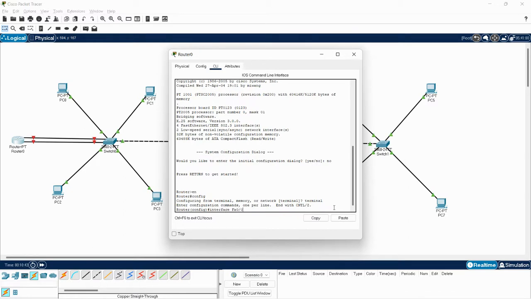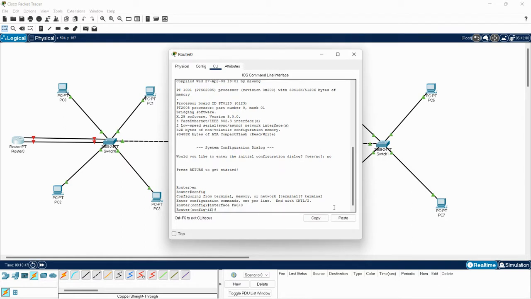FastEthernet 0/0 is the interface where one wire is connected to the port in the switch. In the interface FA 0/0, I need to enter the default gateway address of VLAN 10 and the subnet address.